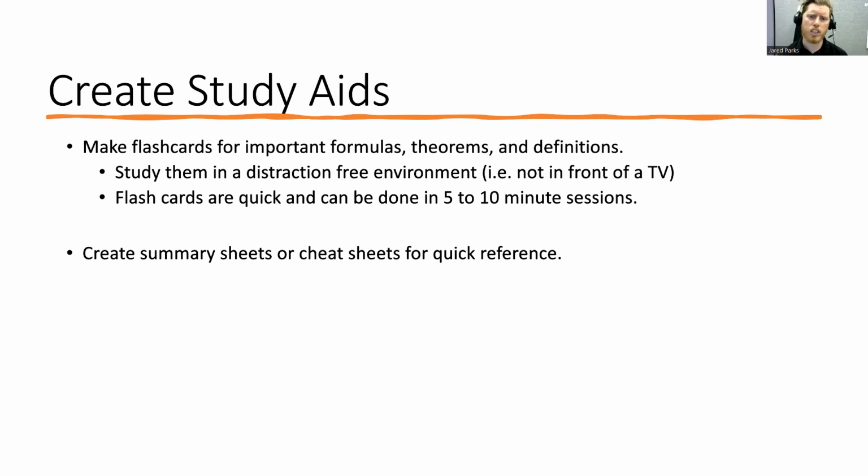Summary sheets or cheat sheet for quick reference. 1 page with all the equations you need. Write them out. Getting that hand-eye coordination and memorization of you actively writing it is very helpful. Having them all collected on 1 piece of paper is helpful. 1, because you've gone and reviewed all the equations, you've collected them, so you've seen them and reviewed them and referenced them. But 2, by having them all on like a quick reference sheet, it's going to save you time